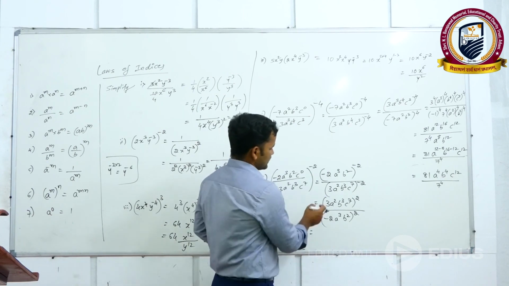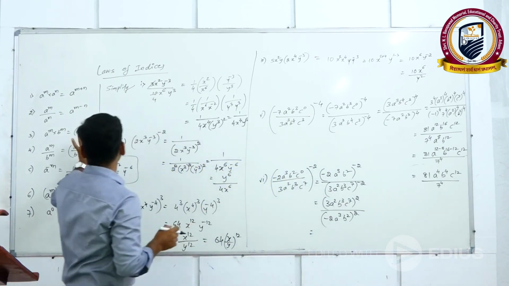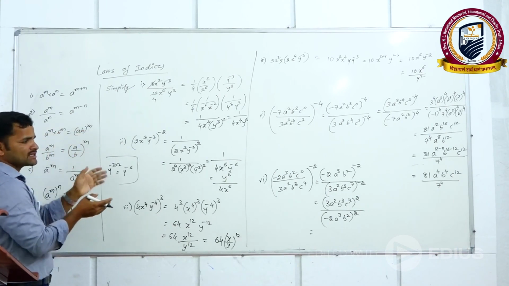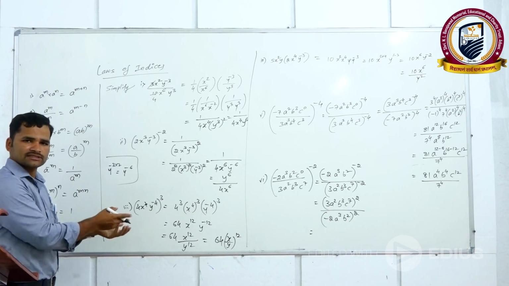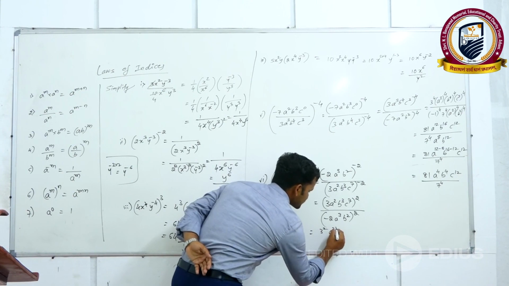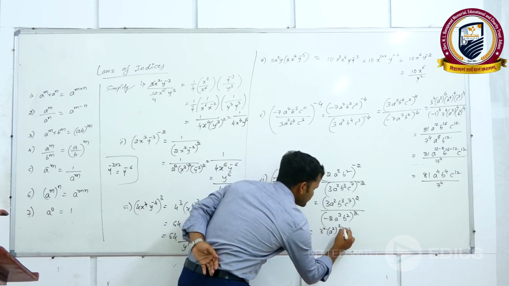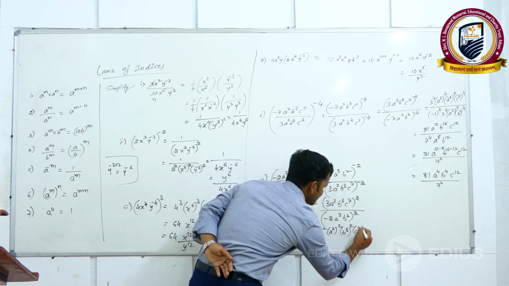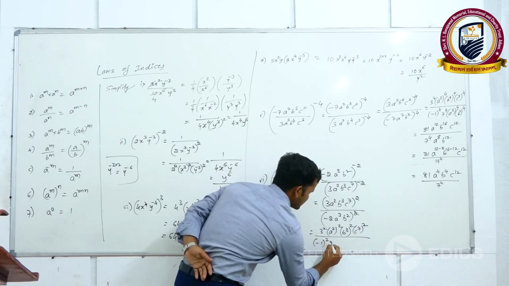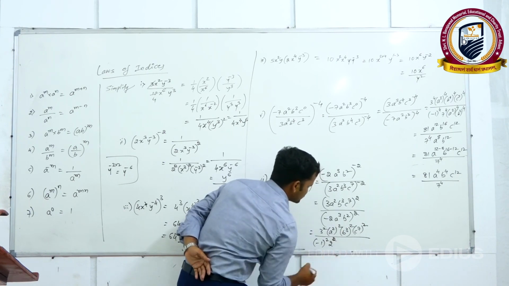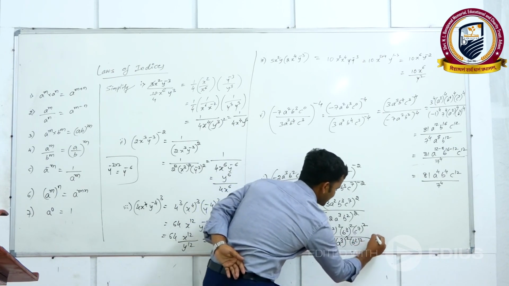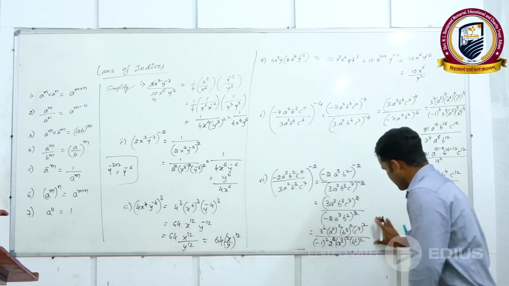What to do? Yes, again coming to the third law, ab whole to the power of m can be written as a raised to m into b raised to m. Like that, there are 4 terms, same law applicable. This is 3 square, a square whole square, b cube whole square, c raised to 7 whole square divided by minus 1 square, 2 raised to 2, a cube whole square, b square whole square, which is equal to, let me write it here,